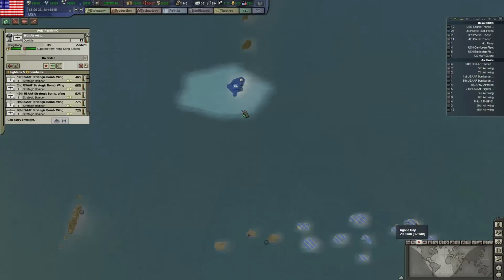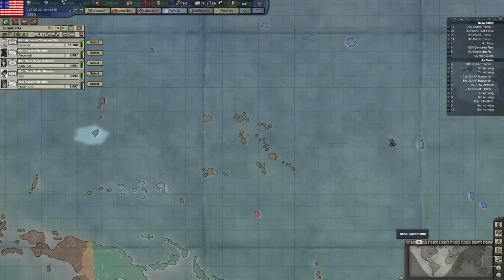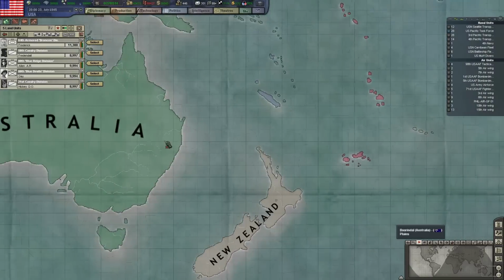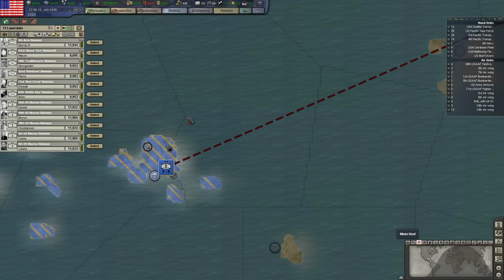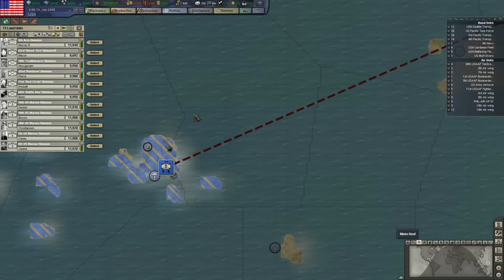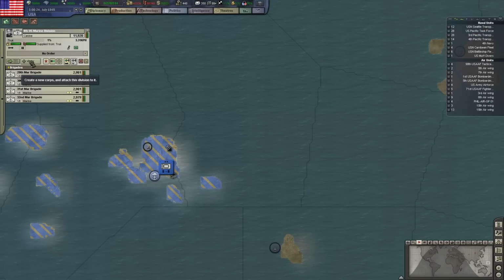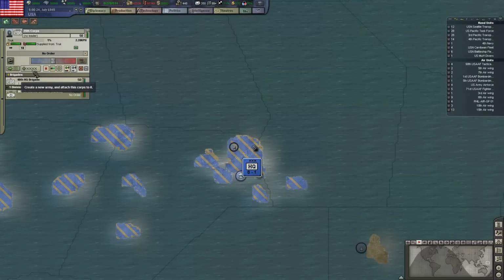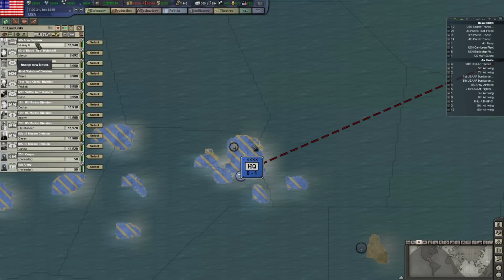So, these guys are basically twiddling thumbs. We have these guys in truck here, attempting to deal with that. Now, let's see. Let us create a new corps and a new army. So, essentially,